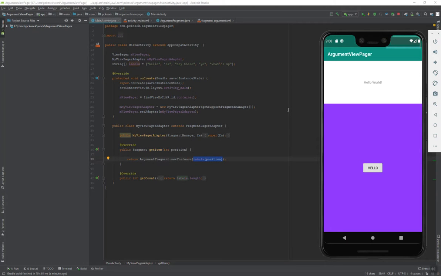Hey guys, so what we've got right now is an argument view pager. The idea here is that we want an activity to send information to fragments. So I've got fragments inside of a view pager right here. I've gone over view pager in some of the previous videos, but basically, long story short, I've got an activity